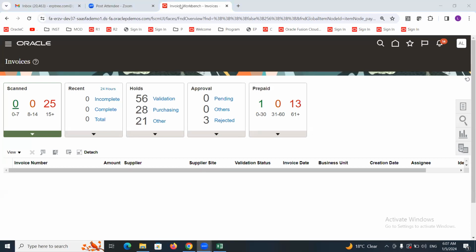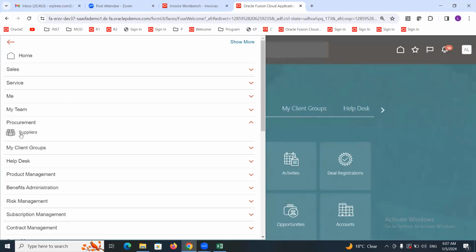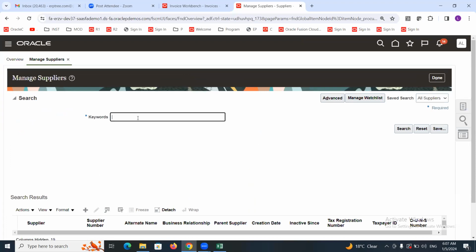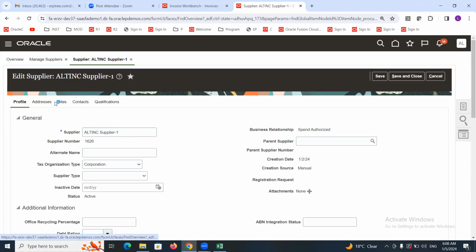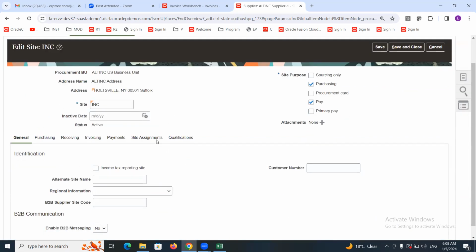So go to supplier, procurement suppliers, go to sites, click on edit, and go to site assignments,